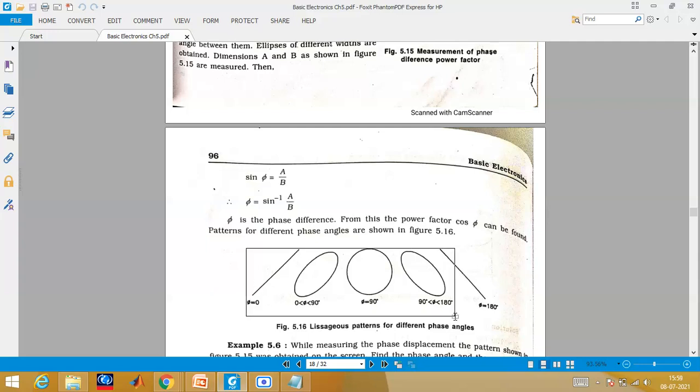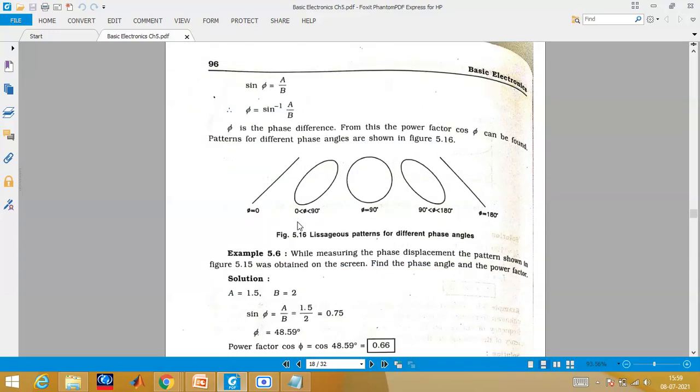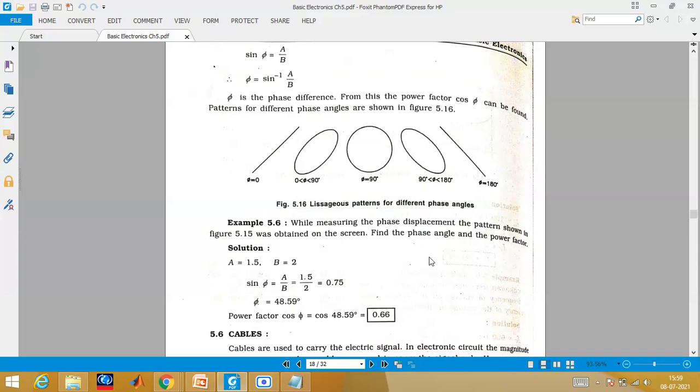So these shapes can also be given, and they will ask you what is the angle phi. Suppose they have given a circle and options like 0 degree, 0 to 90, 90 to 180, 180, 90 degree. So you have to choose the right option. The formula is phi is equal to sine inverse a by b. Like this, if they have given the shape, straight away you can write. Suppose they have given the values of a and b, you can also calculate the phi value using sine inverse a by b. Okay, now same type, another question is there.